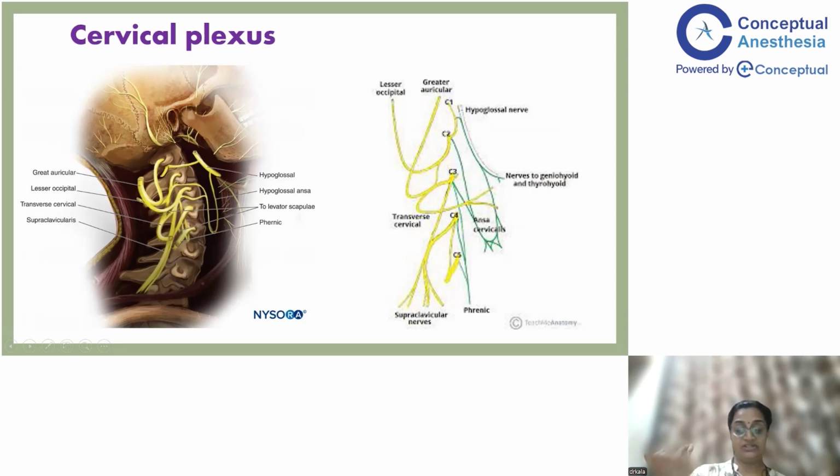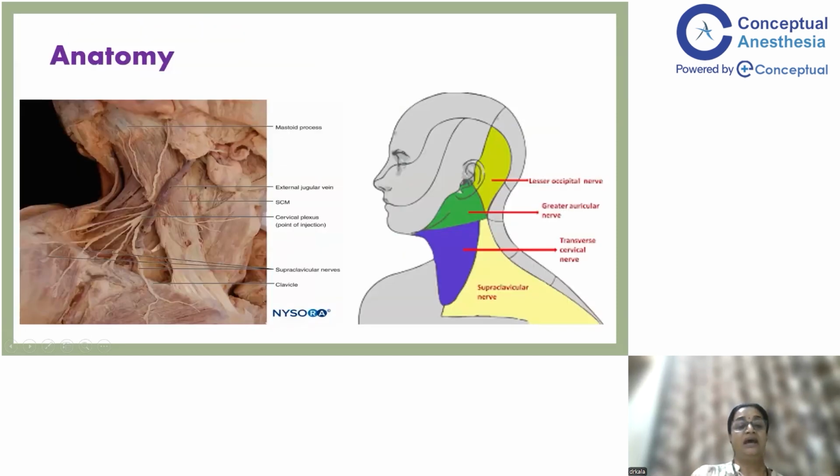The superficial branches come out behind the lateral border of the sternocleidomastoid muscle at its midpoint. You can see the external jugular vein unless the patient has a lot of edema and fat and a short neck, in which case you may not see it. Then you need a sono-guided